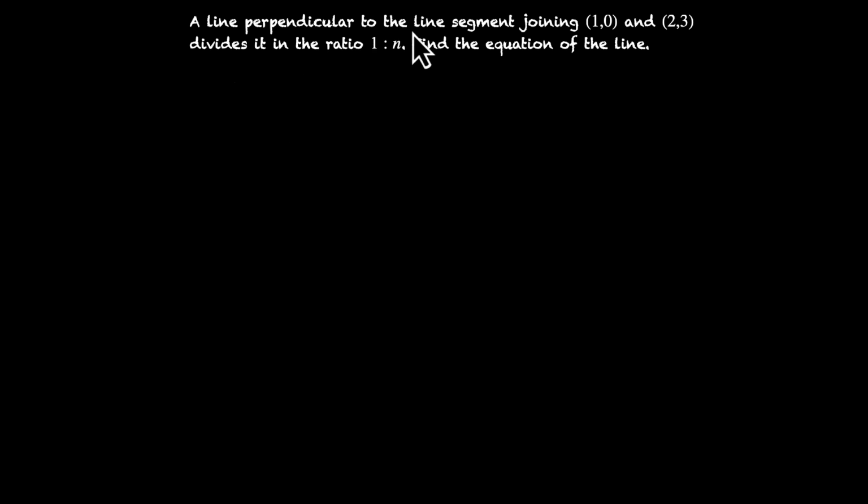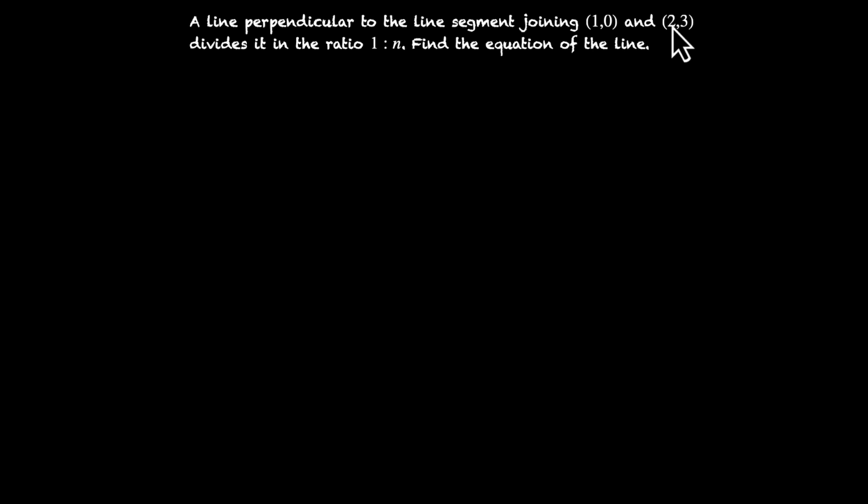A line perpendicular to the line segment joining (1, 0) and (2, 3) divides it in the ratio 1:n. Find the equation of the line. So what do we know? We know that we have these 2 points (1, 0) and (2, 3) and there is a line segment joining